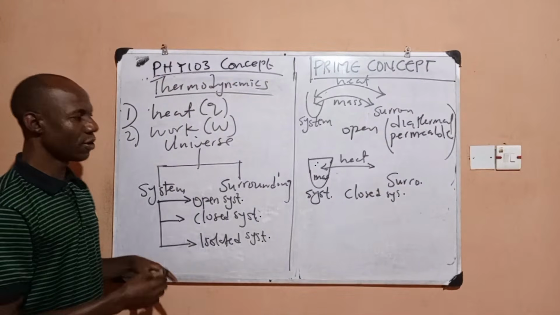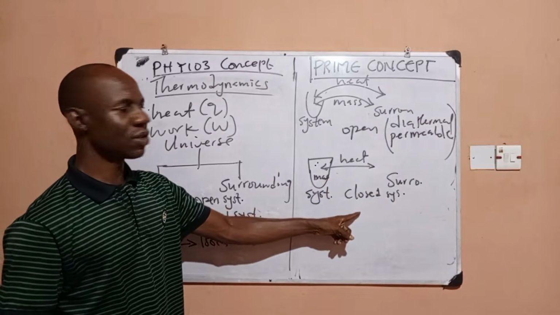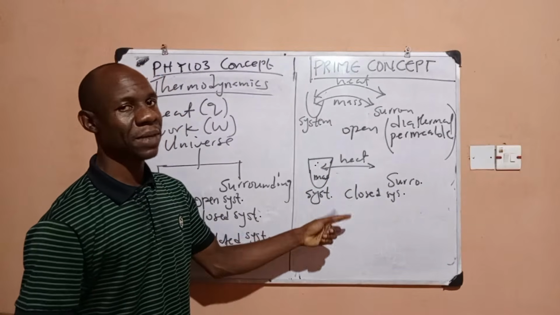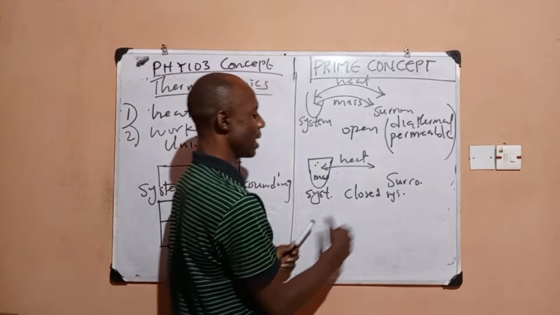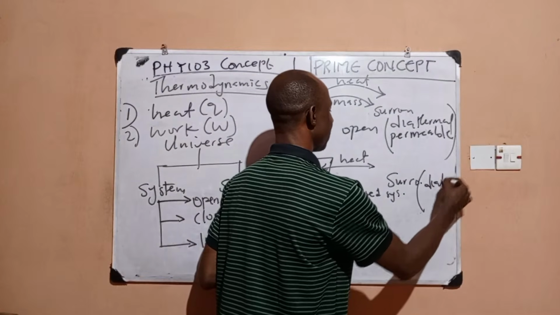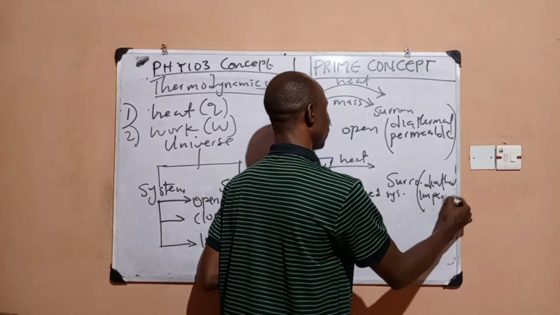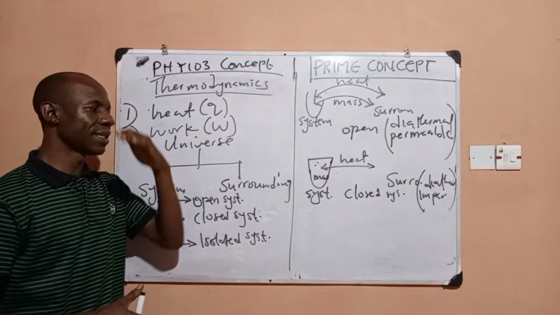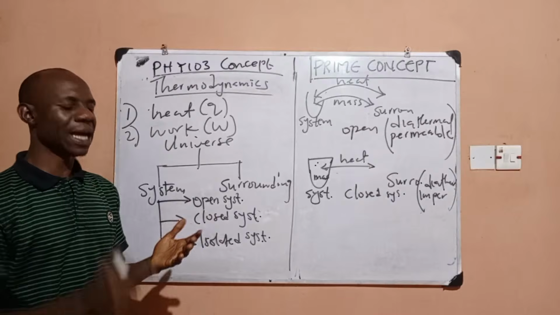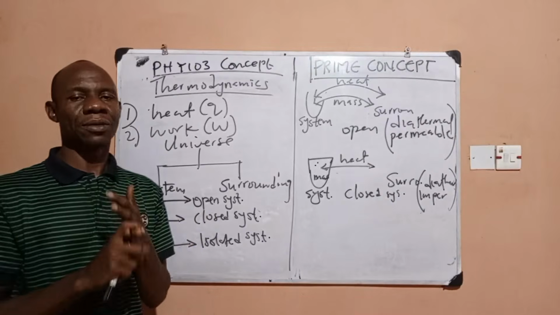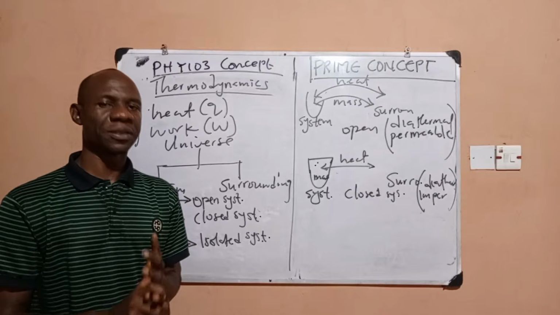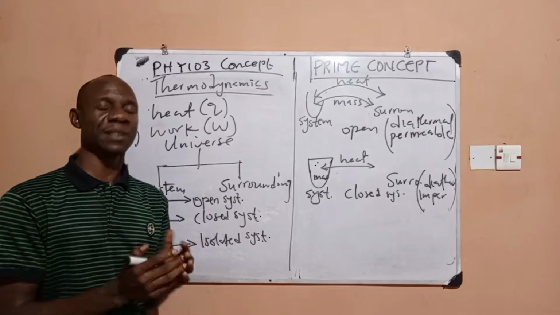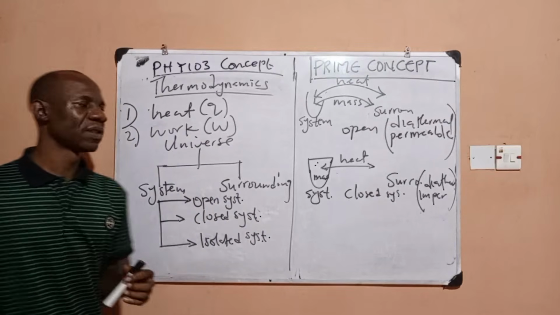Of course, your closed system is also said to be diathermal because heat can flow in the 2 directions. So your closed system is diathermal but impermeable. Take note of that. And the 3rd type of system you have is isolated system. Isolated system does not allow heat transfer, does not allow mass or matter to be transferred. Isolated does not allow both heat and mass to be transferred between system and surrounding. So these are the 3 types of system you have.